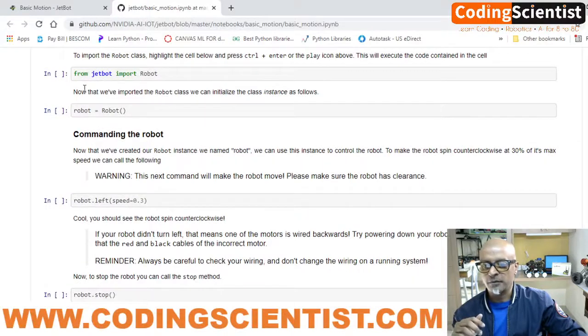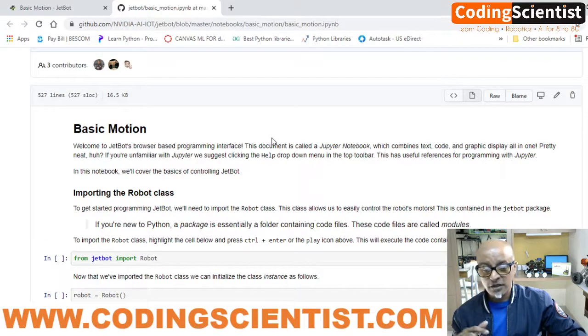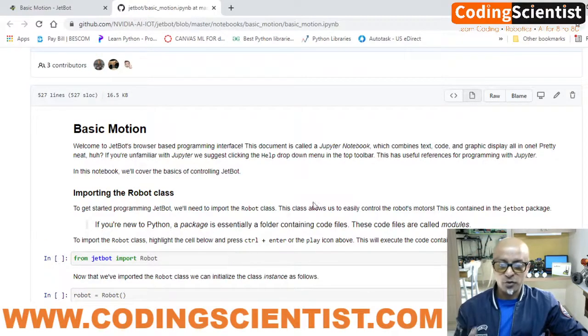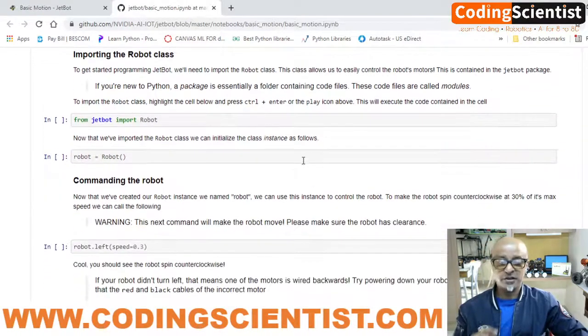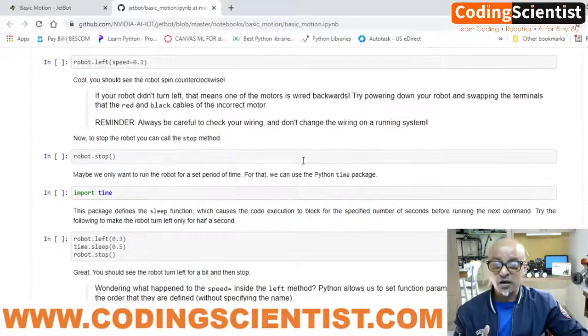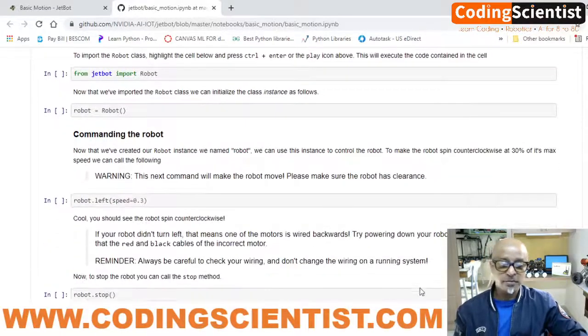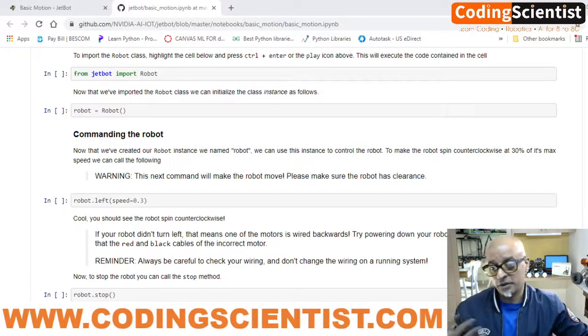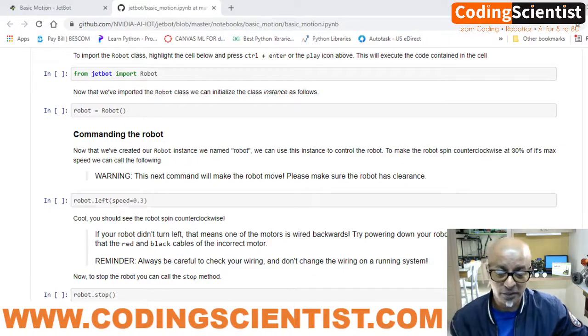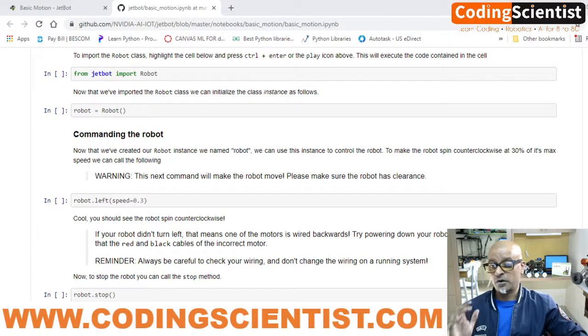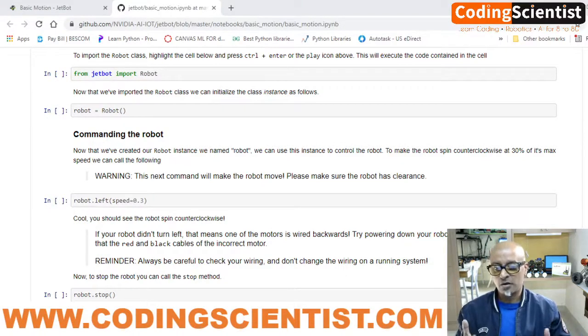The only difference is that you run this code in the Jupyter notebook, where you see the command buttons and stuff like that on the top to execute the code. But here in GitHub, this is just an explanation for you to understand how the code works. So let me try to explain each and everything as best as I can. It is already self-explanatory in the GitHub repository, and you may go through that. But for those folks who are new to Python or robotics, I'll try my best.